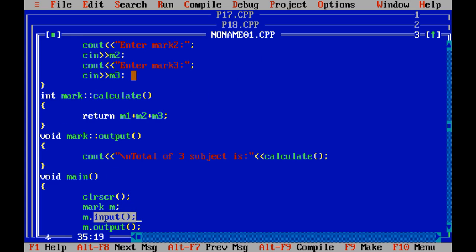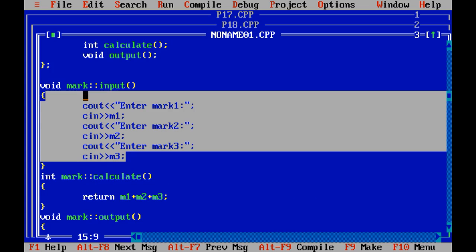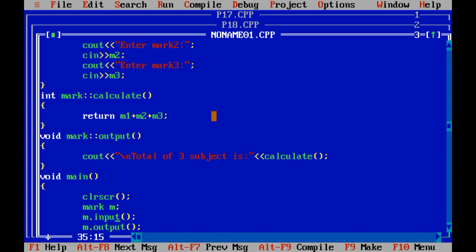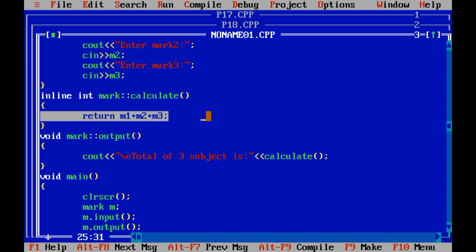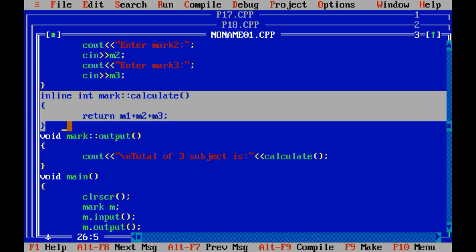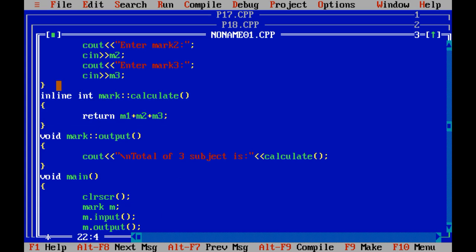What is the use of the input method? This thing. Now I am going to use the output method, but the first question is, in which function am I going to make it inline? As I have told you, our concept is inline and we are going to apply it on the processing statement, right? Whatever function contains a processing statement, I need to make it inline to execute that function faster. So I have written the inline function over here.